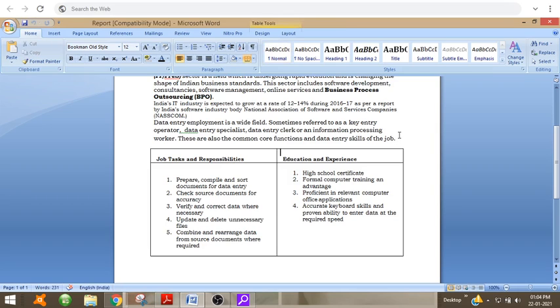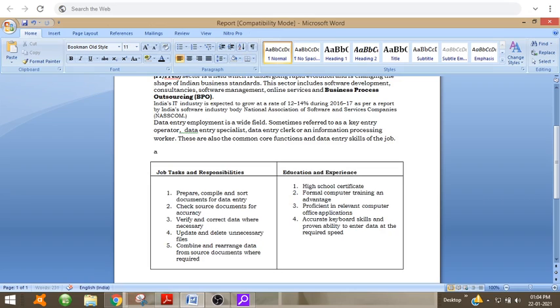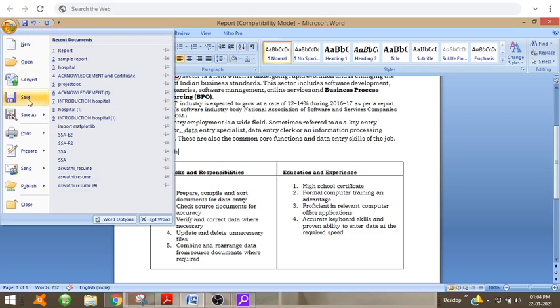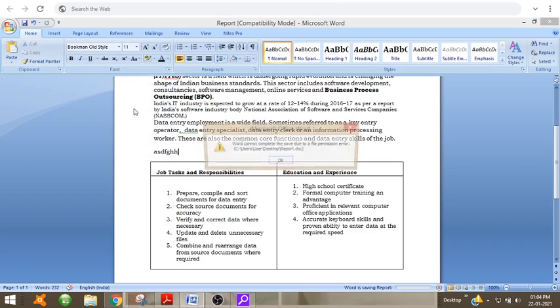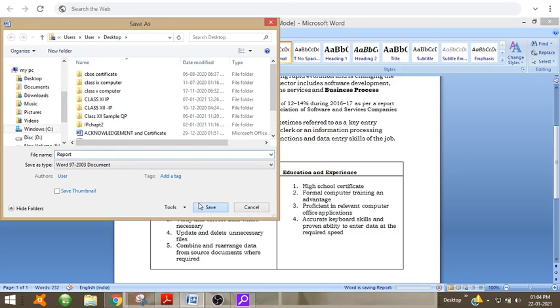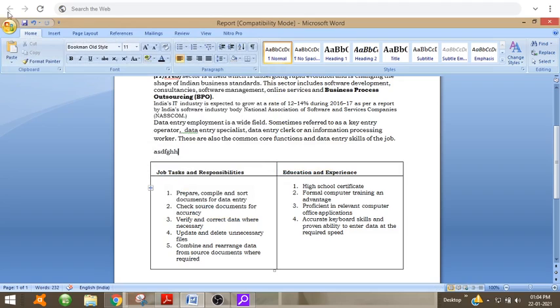Suppose you have added a few lines, ASDFGH, and you want to save it in the previous location itself. For that you just click on save. The document will be saved to the previous location itself. No need of giving save as.